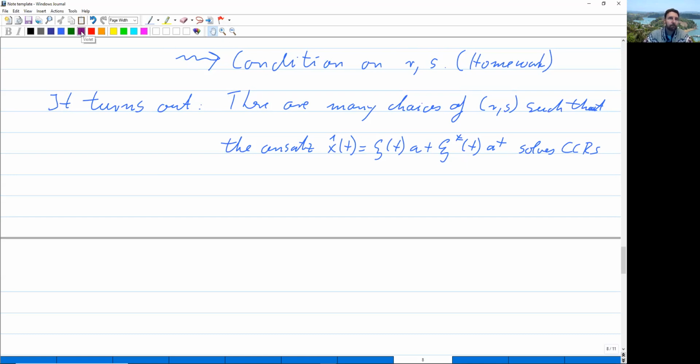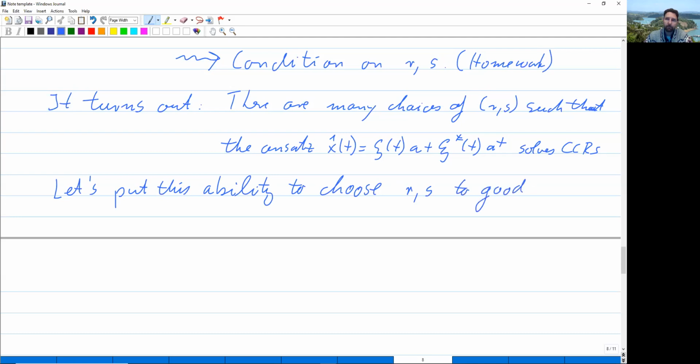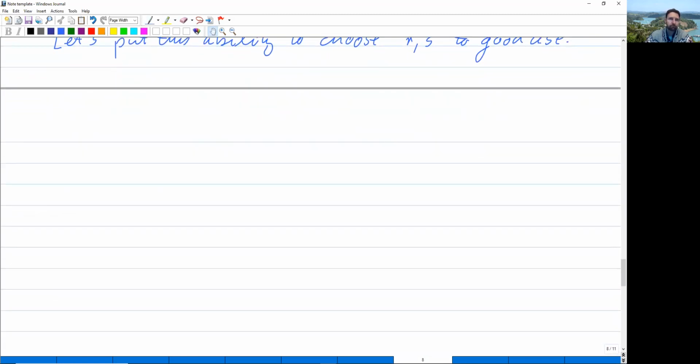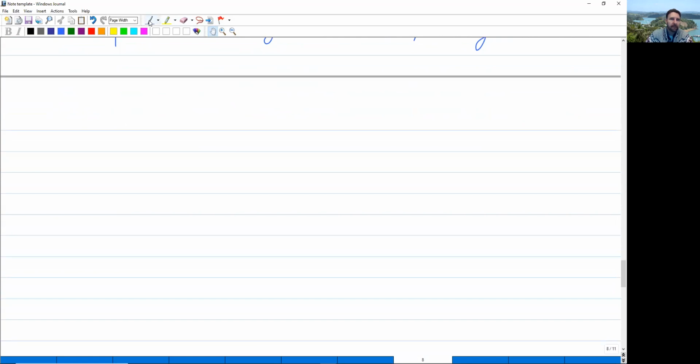Okay, so let's put these choices to good use. Let's put this ability to choose R and S to good use. How? There's some very convenient choice we can make for the R and the S. So let's recall